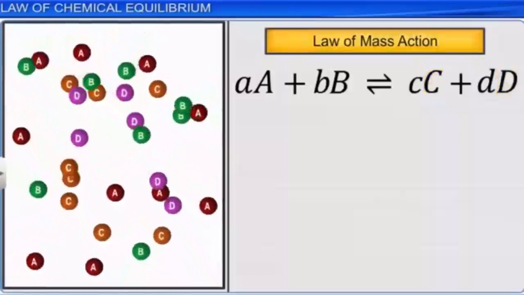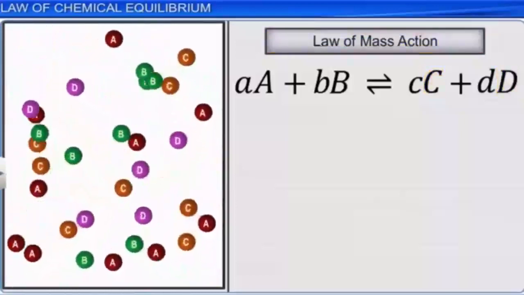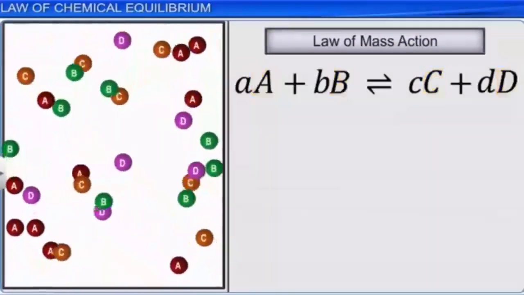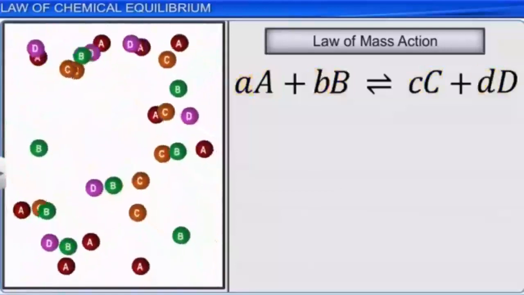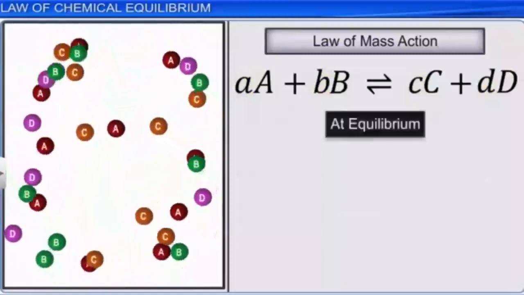On applying the law of mass action, the rate of such a reaction is proportional to the concentration of each species raised to a power equal to the stoichiometric coefficient of the reaction. It, therefore, follows that at equilibrium,